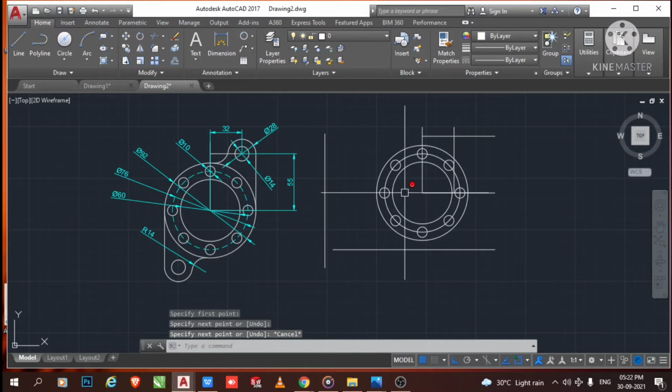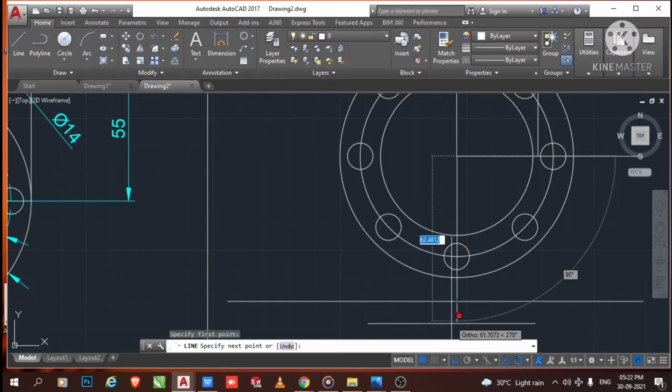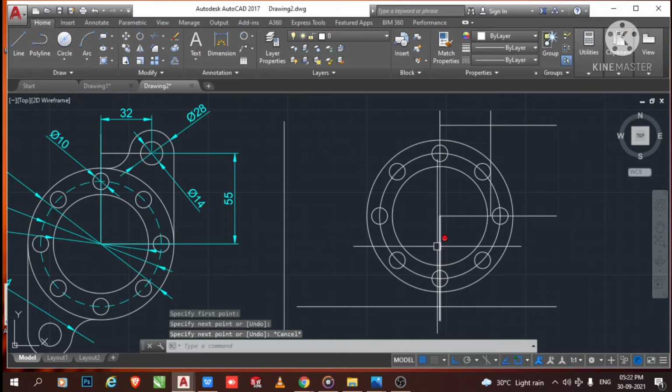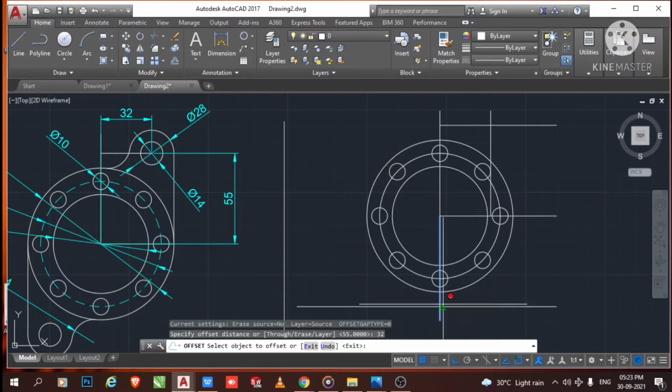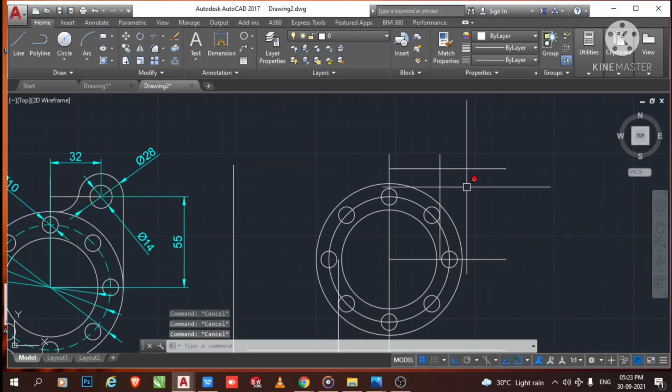And here we select this line and make the line to here. Look, and here we create the offset of 32 from this line. Again select this offset and make it 32 mm, select this one and make it here. So here we create two circles.